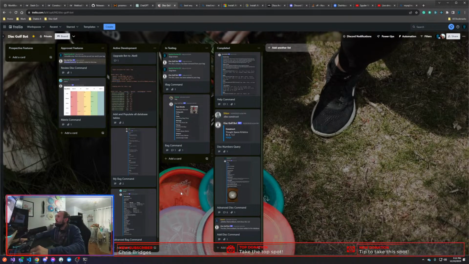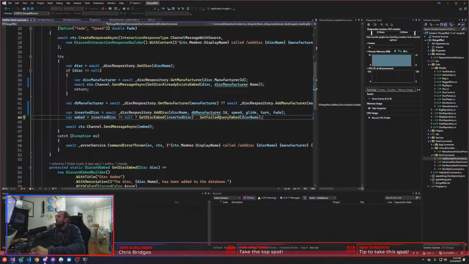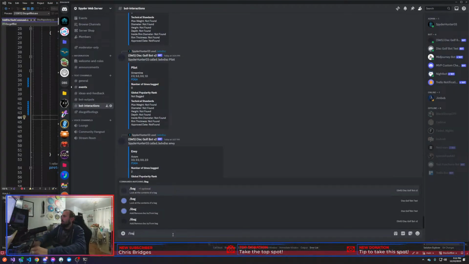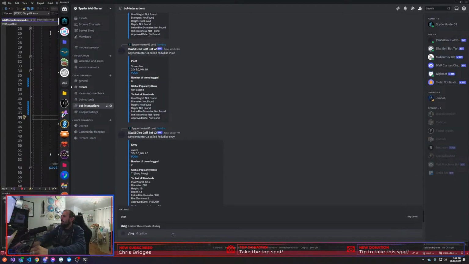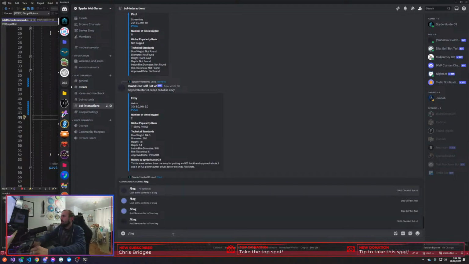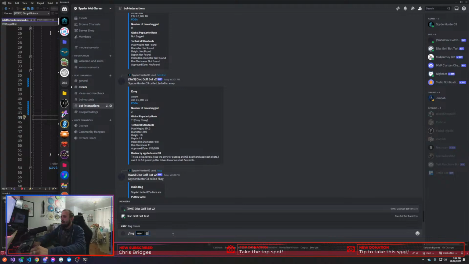Let's check the bag command. So /bag. We can do two of them. I can do /bag, which gives me my bag and what I'm putting in it. Or I can do /bag with someone else's name. So if I do /bag at